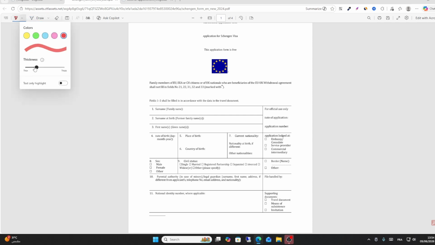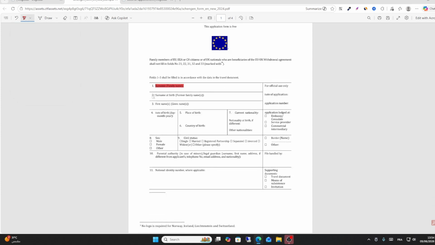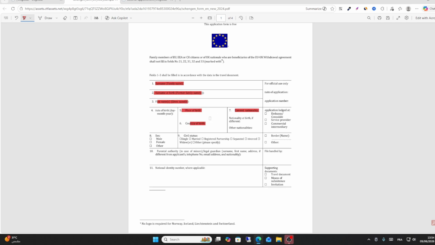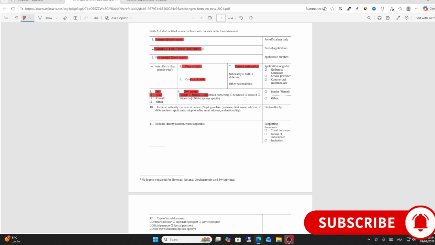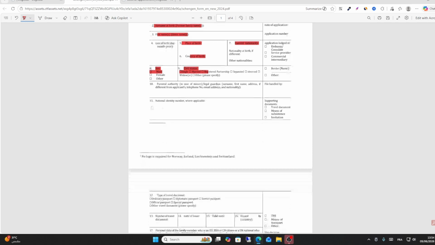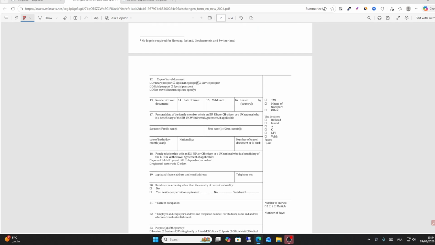As you can see here, friends, you have to write your surname in this form, write your birthday, your first name, your place of birth, country, your nationality here, choose your sex, your civil status, and then write your nationality, identity number. Fill all this form, and then from type of travel document, choose your passport